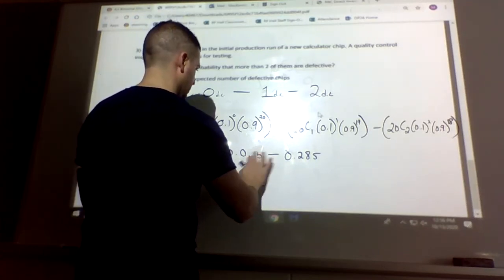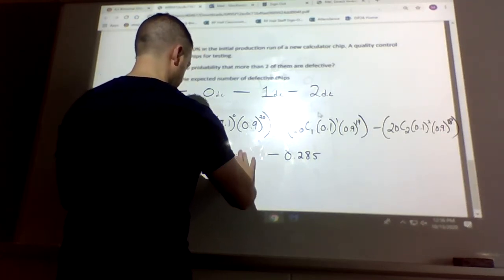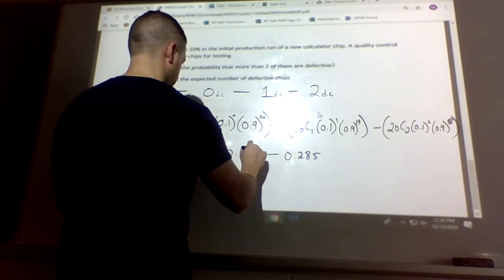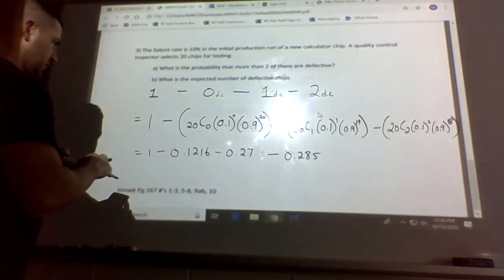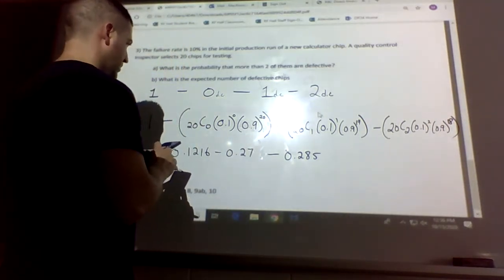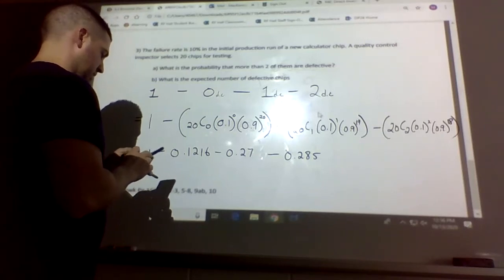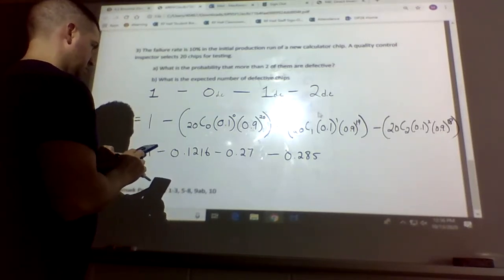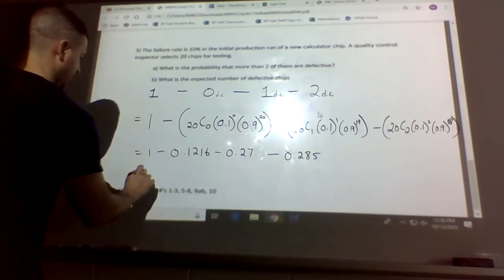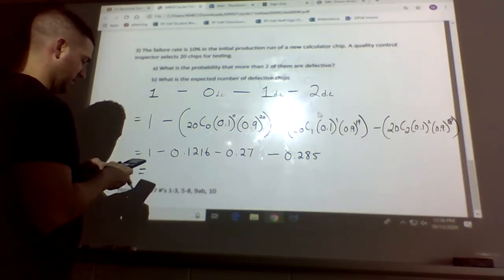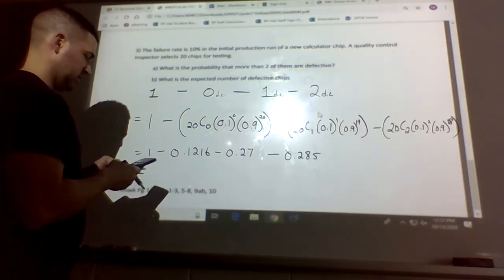Yeah, this one is wrong. I'm just going to try this one more time. 0.9 to power of 20. Yes. Okay, now we subtract them all. 1 minus 0.1216 minus